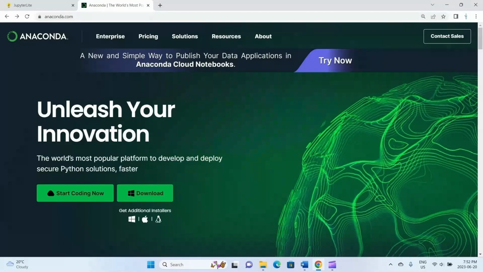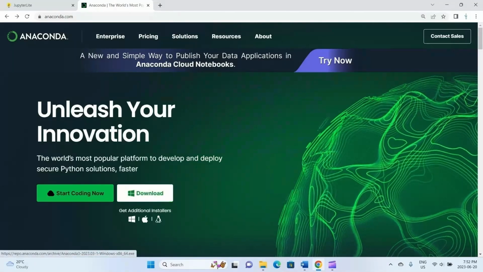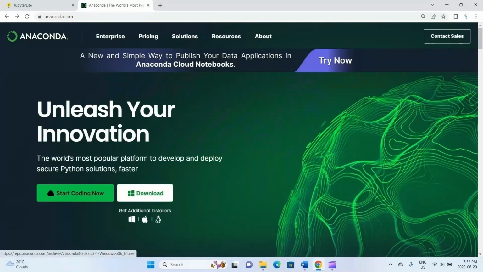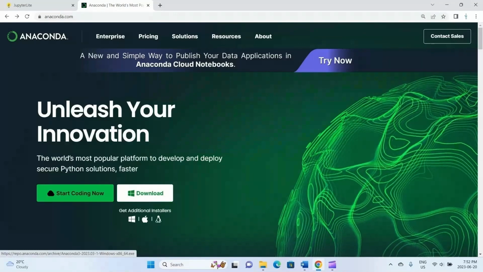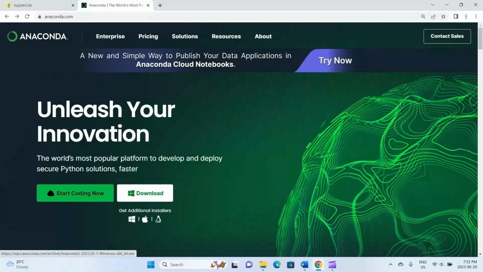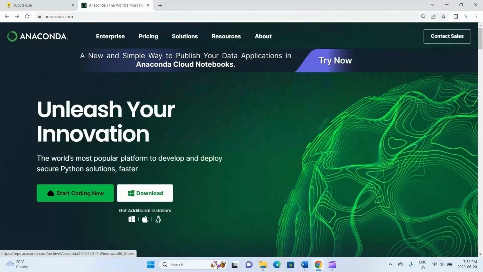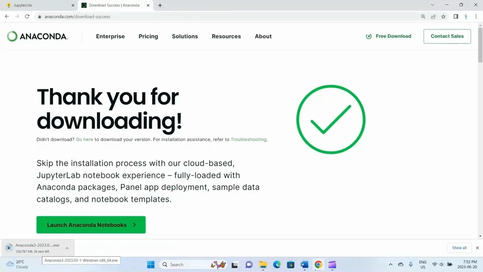So to install Anaconda, we will navigate to the download button here, bottom left. I believe it automatically detects what operating system you have. I have Windows, so I've got Windows there for the download. If it's the right operating system, let's click on that and it will start downloading the installer here.